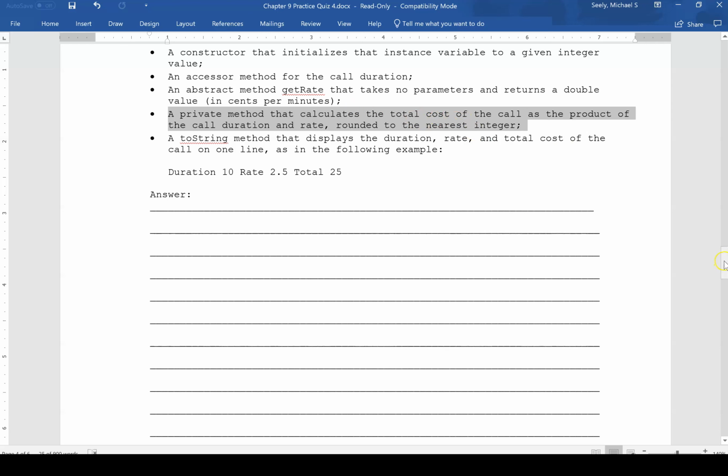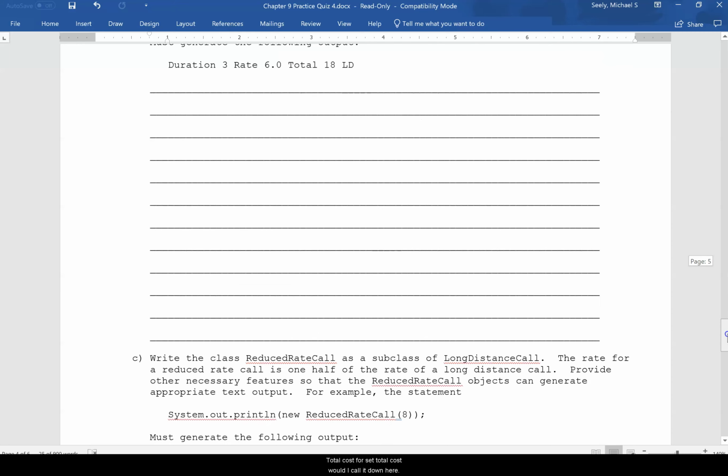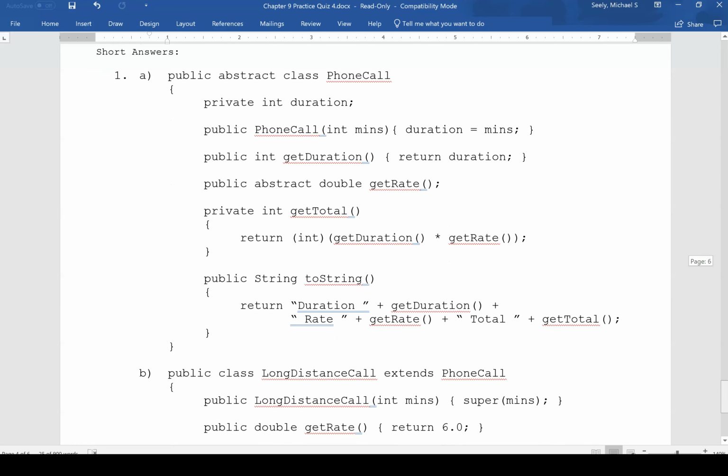Does it get the total? No, it just calculates. So public void total cost, or set total cost. What did I call it down here? Oh, they want us to get it. All right, maybe it should be more clear. But anyway, private int getTotal, where we get the duration, it returns the duration, and we get the rate,